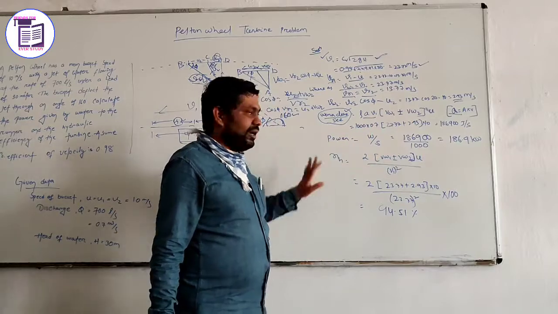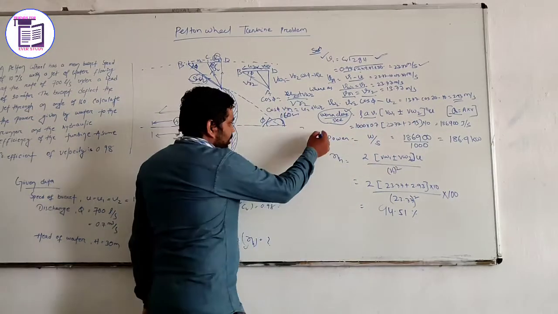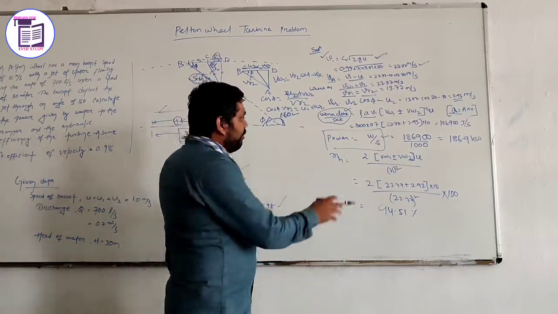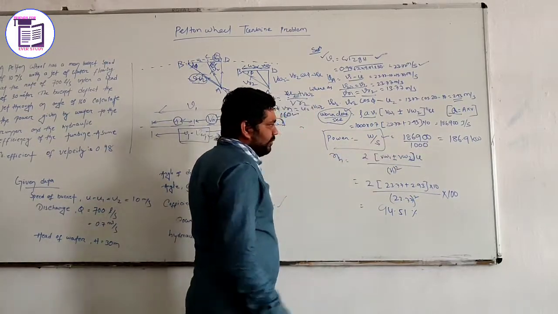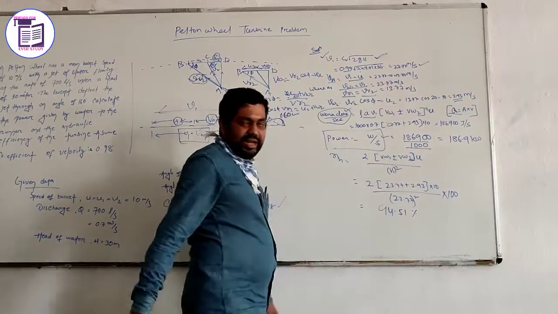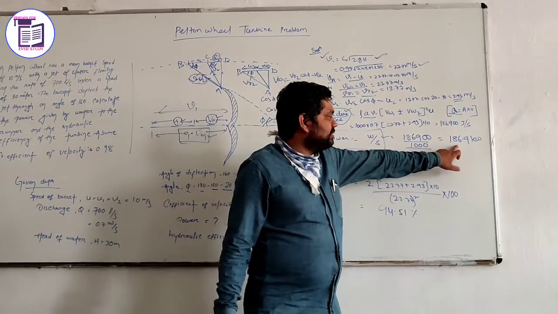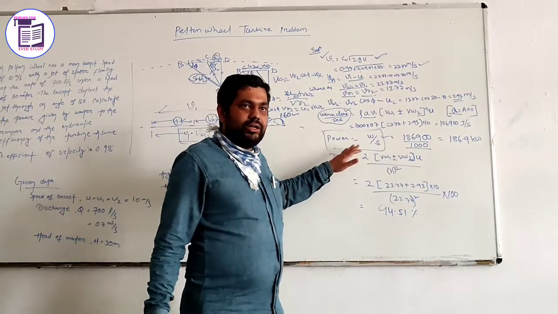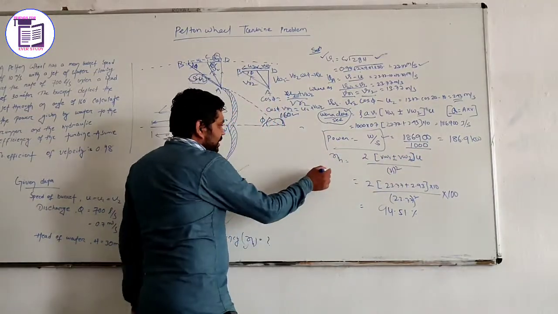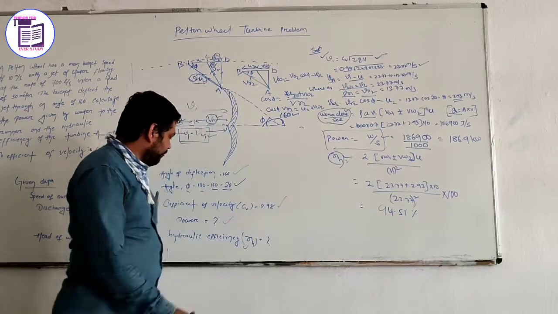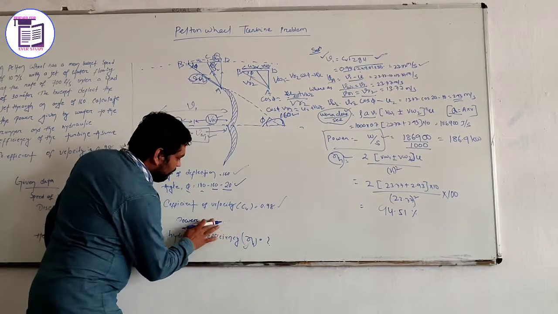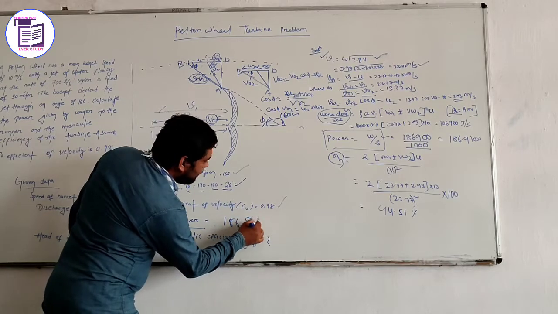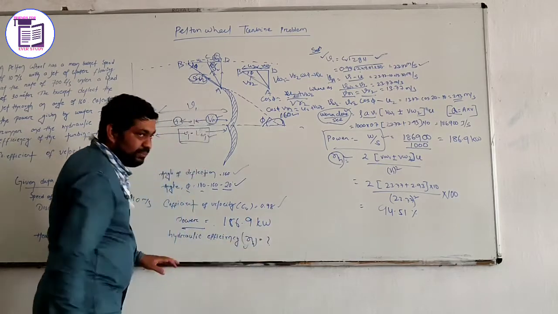Clear? Then after, you find the power. All of you know power is equal to work done by time. So work done per second is there. Now to put this value into kilowatts, you divide by 1000 and you will get 186.9 kilowatts. This is the power required to drive the turbine. Next, you find the efficiency. First, you can already find this power. Power is coming 186.9 kilowatts. Now you have to find the efficiency.